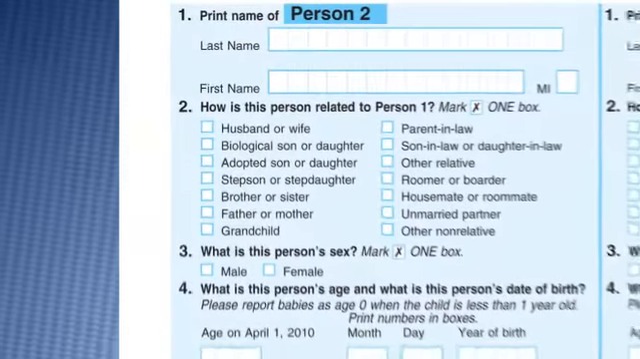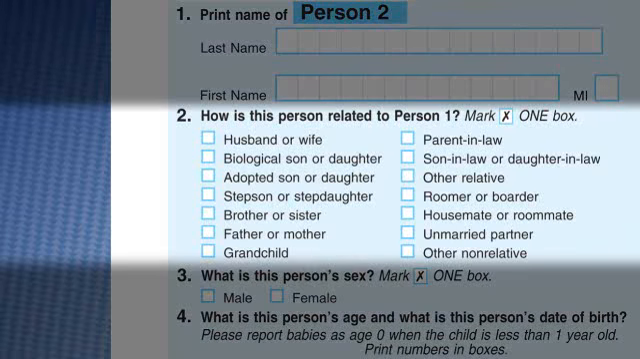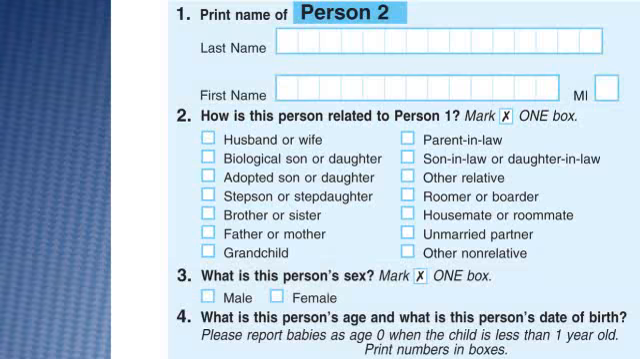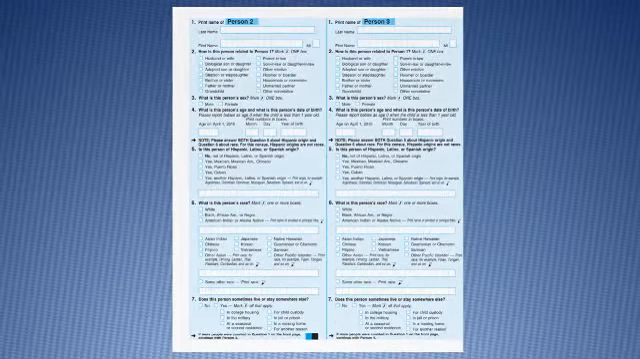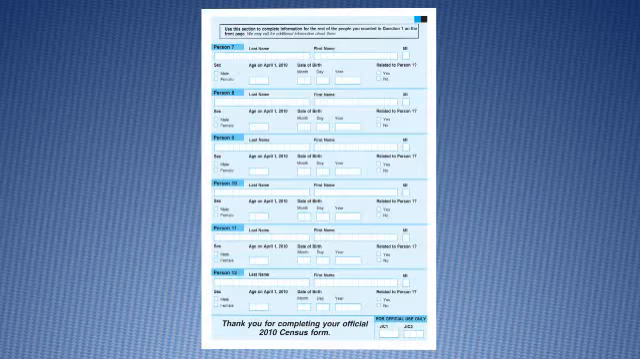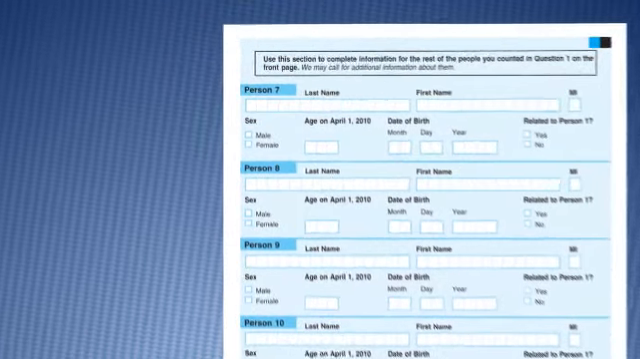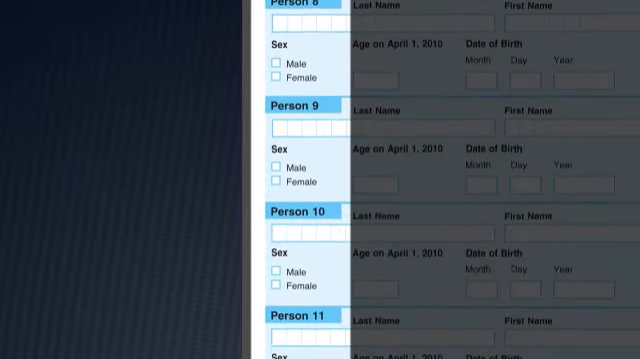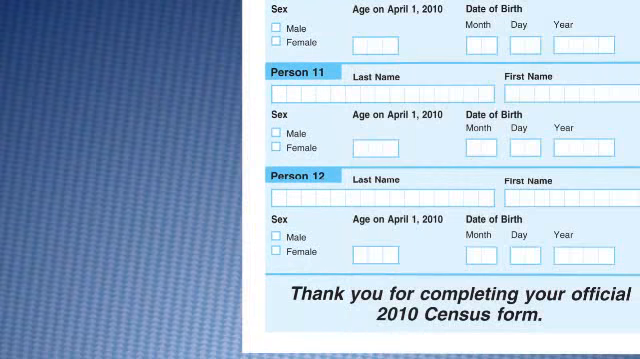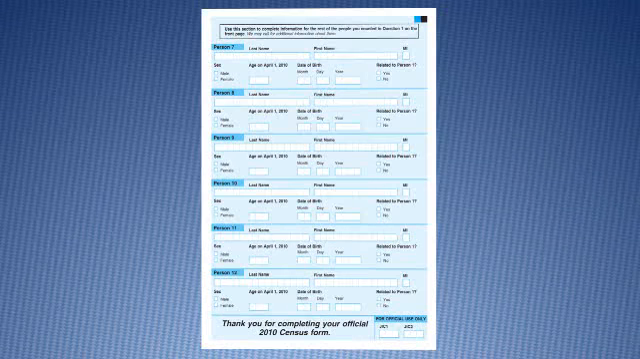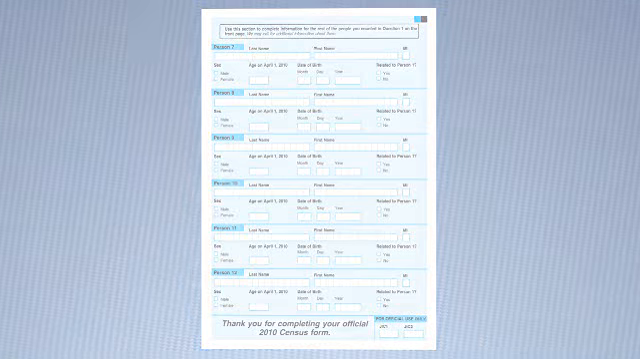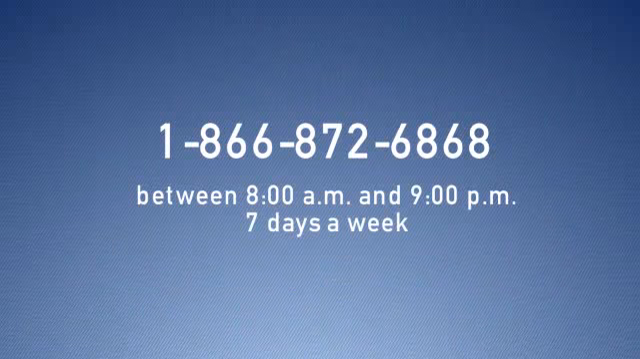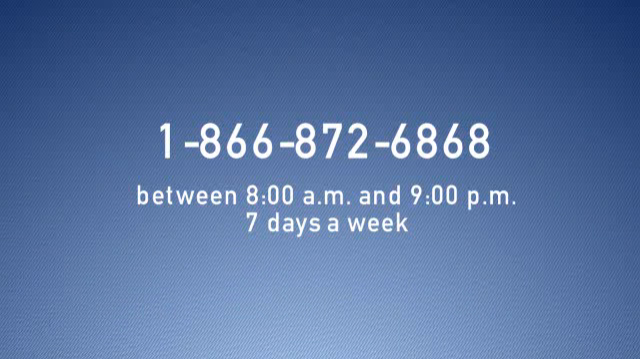The only additional question is about relationship. How is the person for whom you are answering the questions related to person 1? Mark only one box. If there are more than 6 people in this household, use this section of the form to complete the information for persons 7 through 12. If there are more than 12 people in this household, we may call for information about these additional people. If you need further help completing this form, call